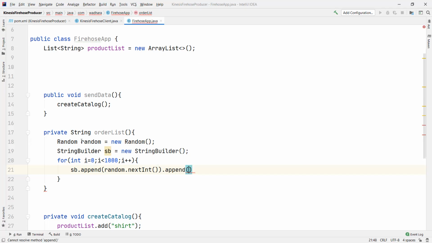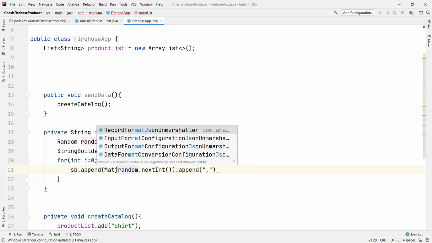I'll create comma separated order list for three things. First is order ID, then product name, and then the quantity of the products. So I have appended first the order ID. I'll make this an absolute value.